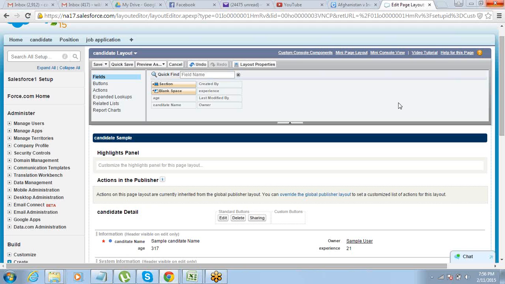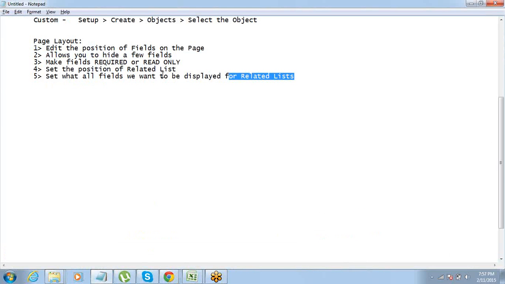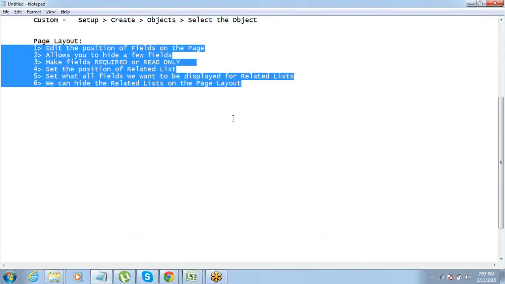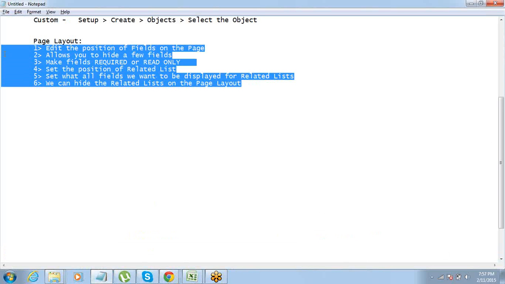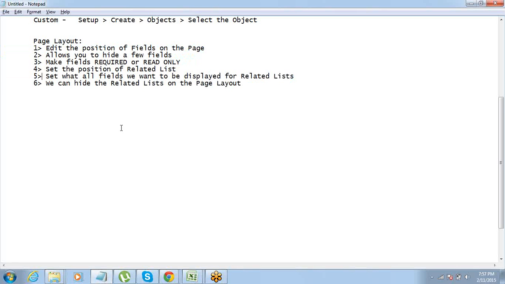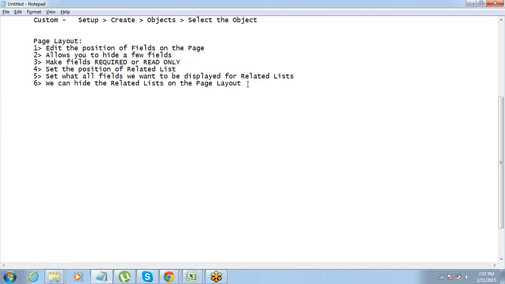So that is one option of doing this, and this is also an option of doing the same thing. Alright, now we have understood what all things we do with page layout. Now, the biggest advantage of page layout, so these are all things which we can do with the page layout. So one advantage of page layout is that we can control all these things. The other big advantage of a page layout is we can have